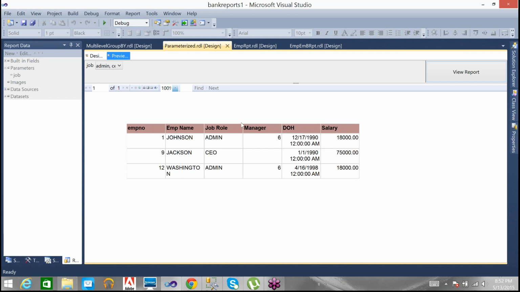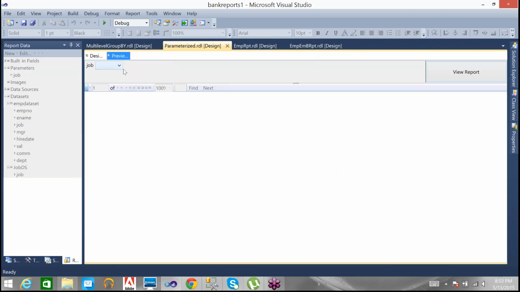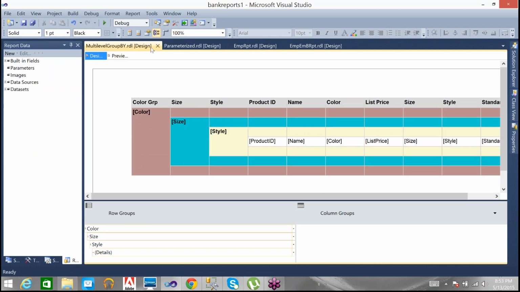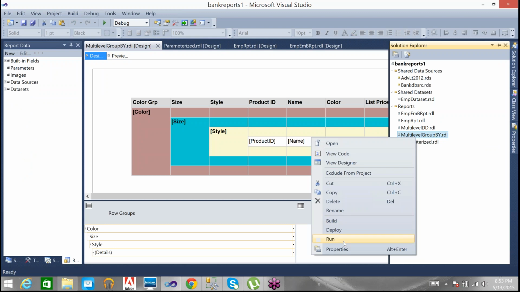Yeah. Okay. The only thing we are doing is connecting that query or data set to get the values automatically into that parameter. But if you don't have that, we can still use multiple values by typing. All we need to do is one value, enter, other value, enter, other value, enter. That's all you can do. You can type 2 values, 3 values, 4 values. You can do that.